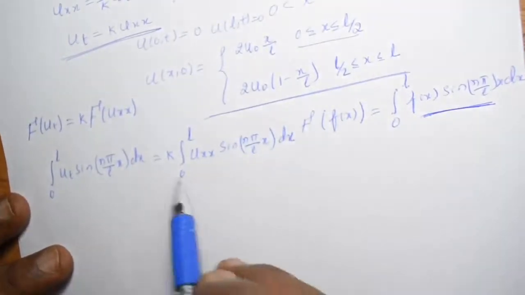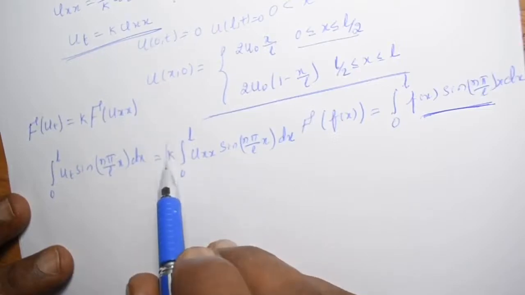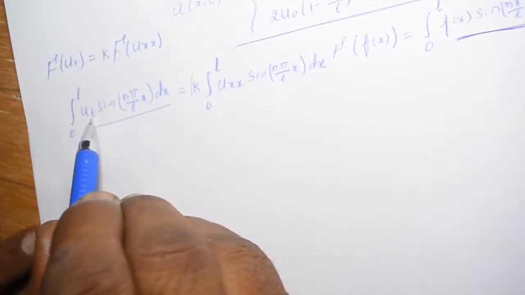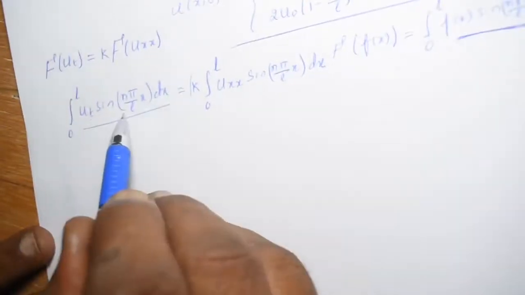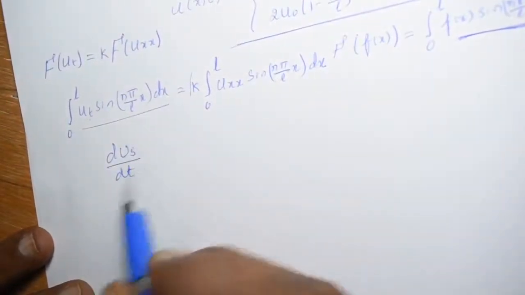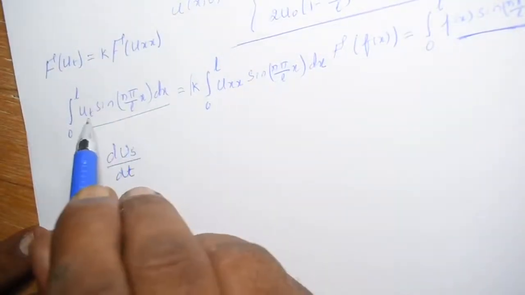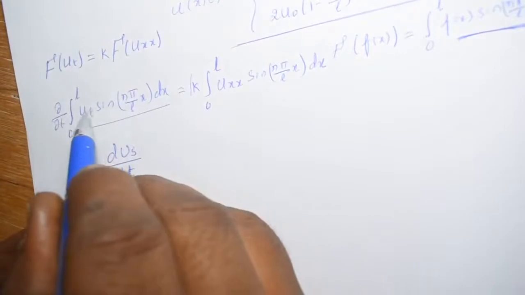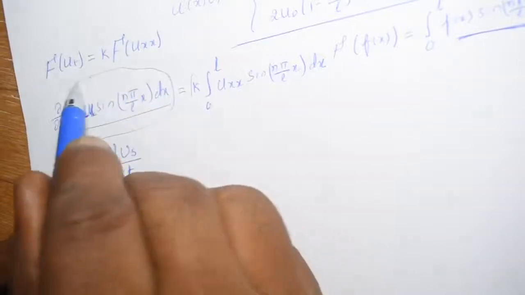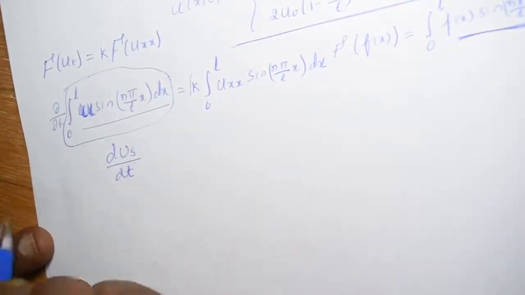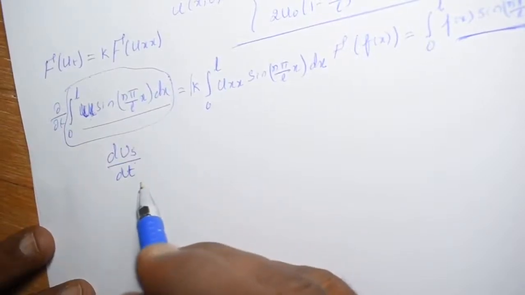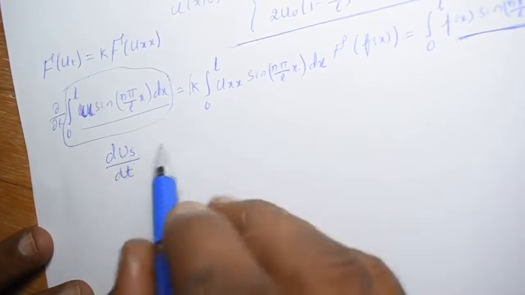Right. Now here you have to integrate on both sides. First I am going to consider this one. As you know, the derivative is independent of the integration, that's why you may take it outside, and then it becomes d u s by d t, because by taking the derivative del by del t, it simply becomes u into sine of this, which is nothing but the Fourier sine transformation. I am going to write it as d instead of del because there will be only one variable, that's why the partial derivative becomes an ordinary derivative.